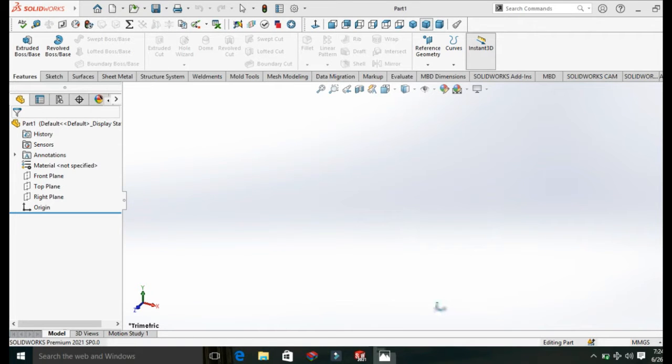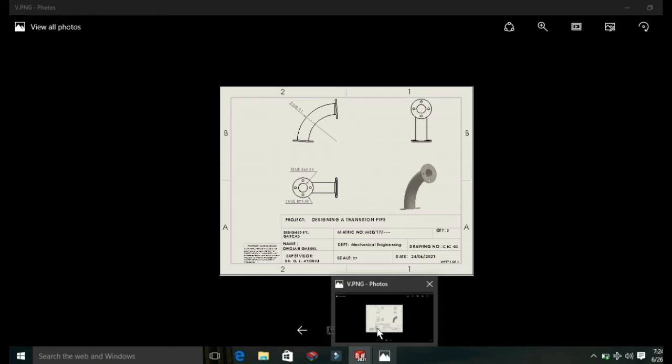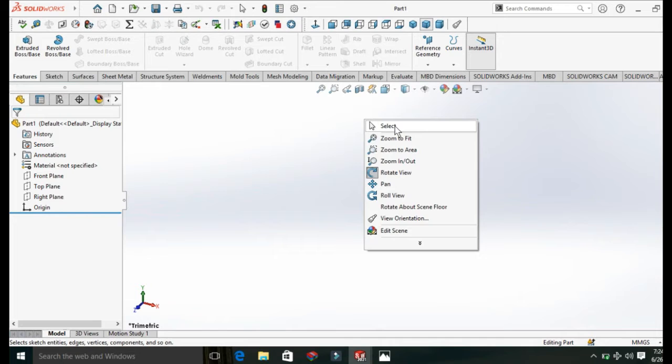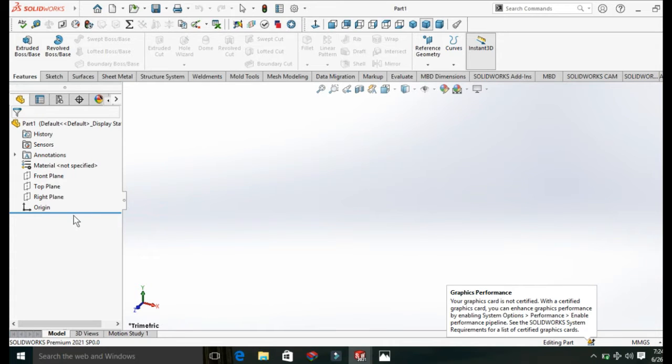So the first thing to do, considering this diagram here, I used to tell you: make sure you start from your front view, what you are seeing from your front view. So from my front view, I can see an arc like this, right? You might not use the dimensions I used here, but just make sure it gets what we want. Now, what we'll do is click on your front plane